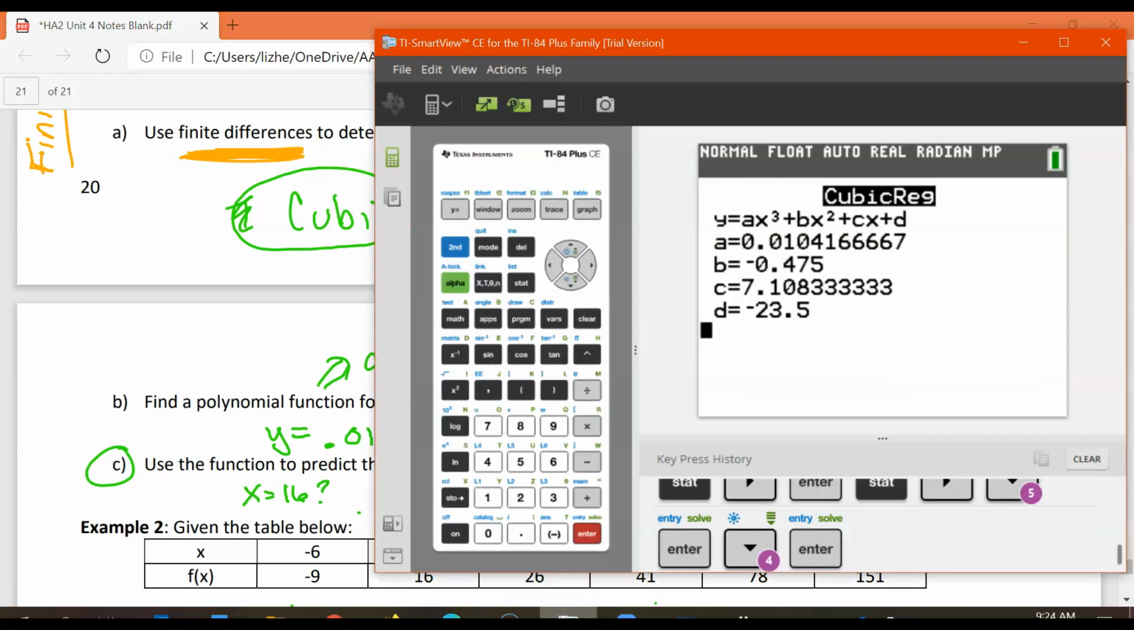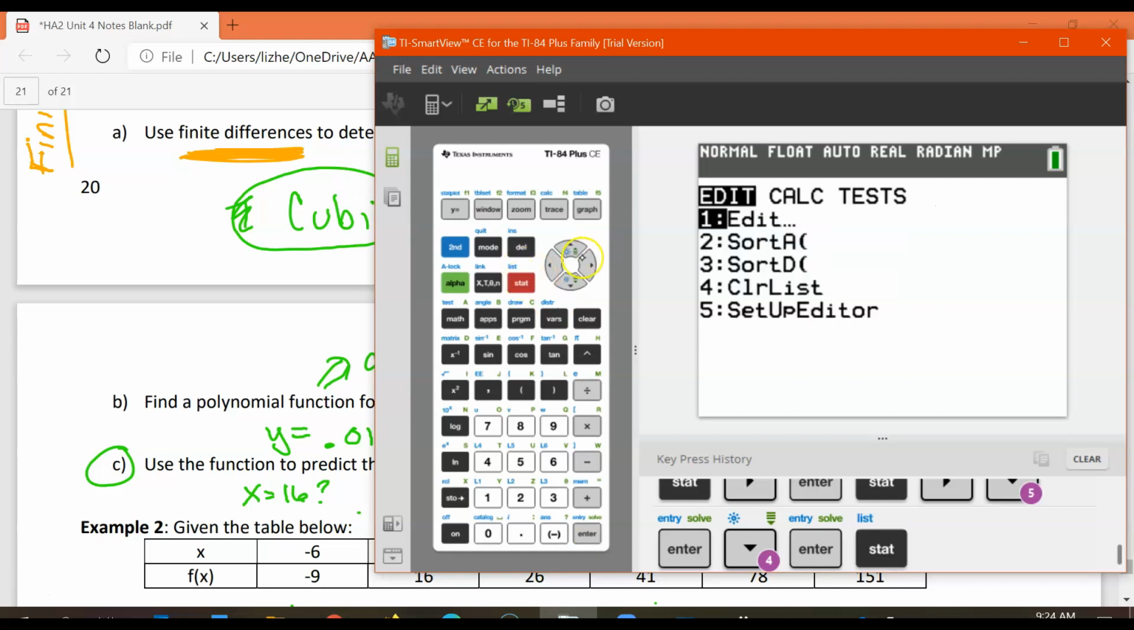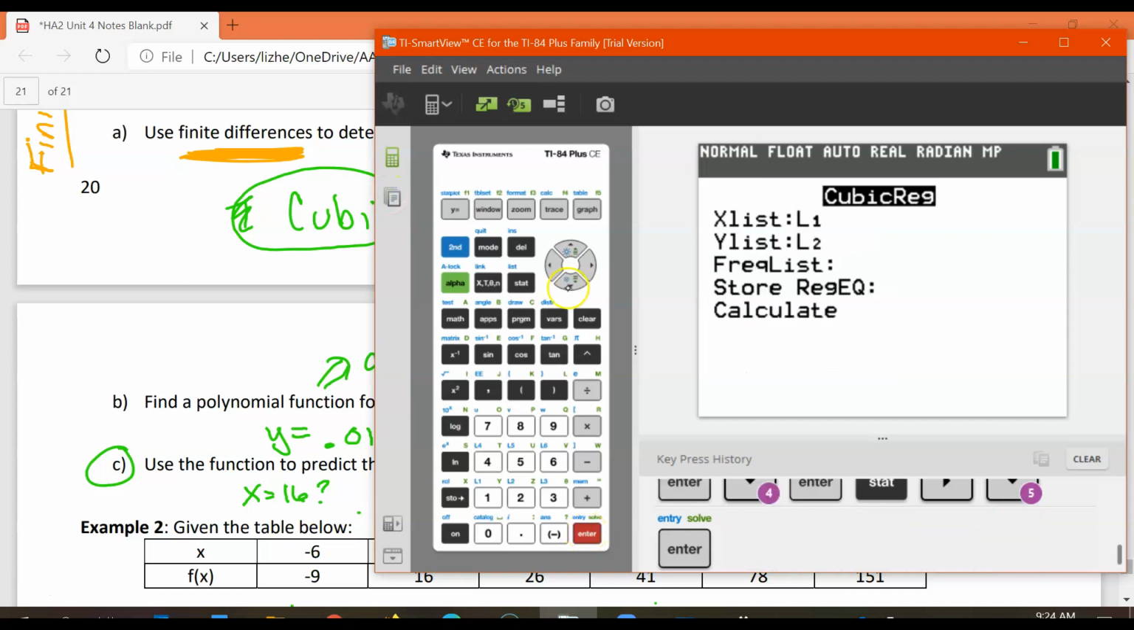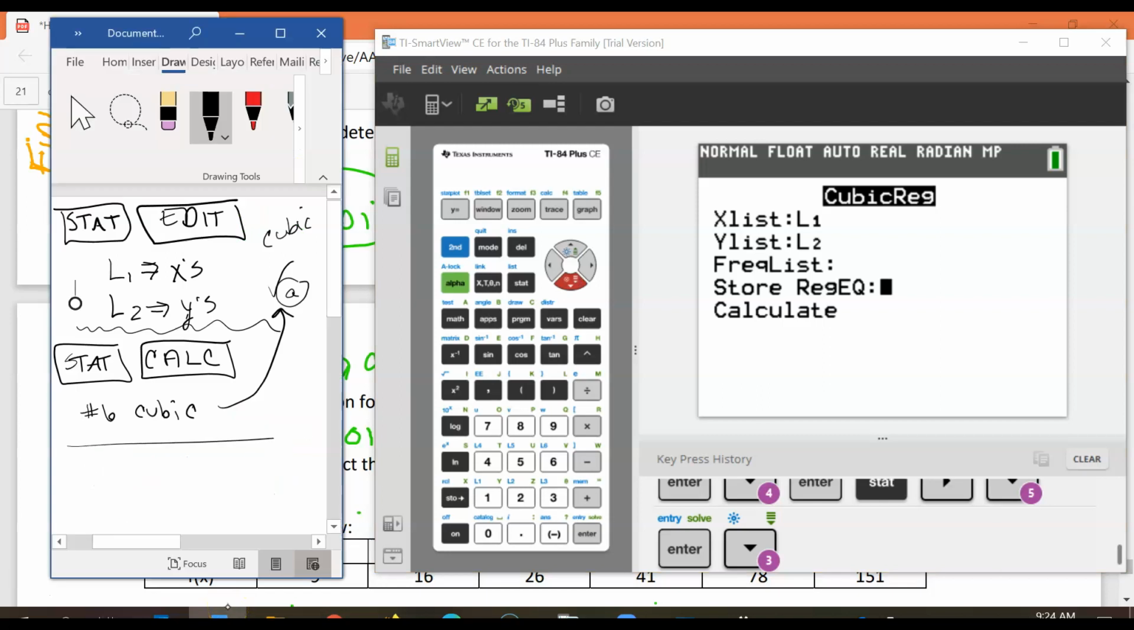So to do that, I'm going to go back to my calculator here, and I did not store this. So what I need to do is store this equation. So again, I go stat calc, go down to my cubic, enter. But this time I want to store, and remember to store. You go down to store, right there, store reg equation, and you're going to hit,